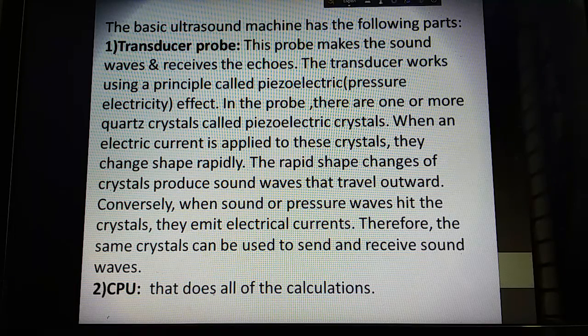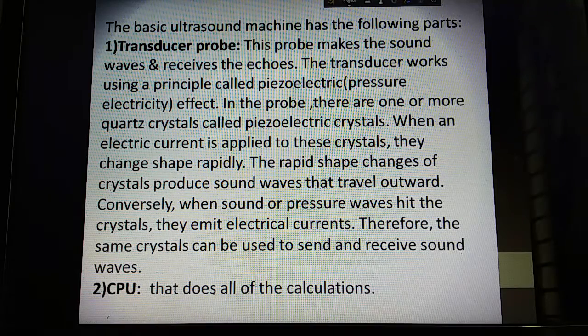So finally, what we have known about the transducer probe is that this probe is used for generating sound waves, and at the same time the sound gets reflected from different blockages, different boundaries of our body, and these reflected waves are also received by